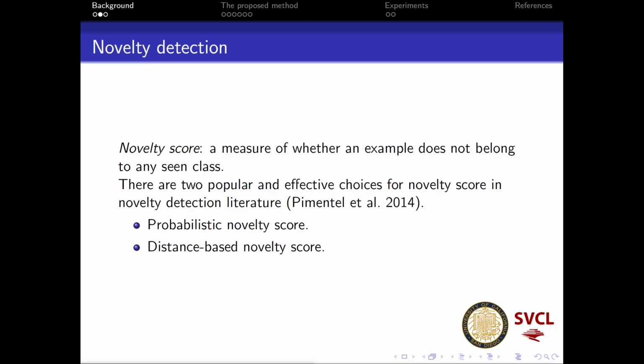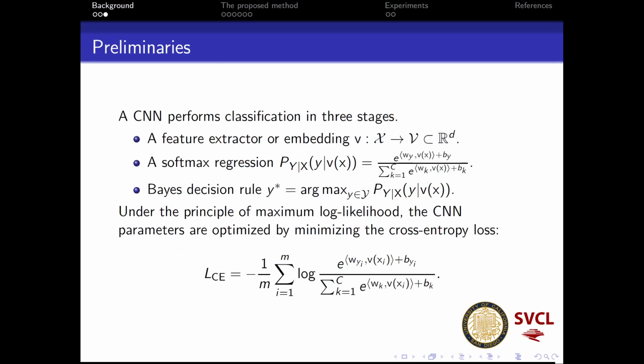In this work, we show that these two philosophies can be unified in the framework of CNN learning, but both the probability distribution and the associated statistical distance are not identifiable from the trained network. For this reason, the regular CNN classifiers are not consistent with novelty detection. To show this, let's start with some basic concepts.